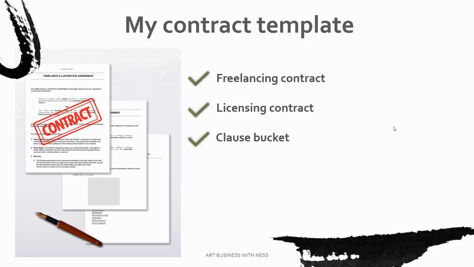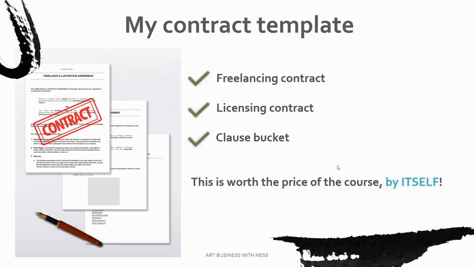It took me quite a while. I did many different iterations because I was trying to find a system where it would cover as many situations as possible. So that's what I came up with, the clause bucket, so that you can adapt it to your needs. And honestly, by itself, this contract template is worth the $197. Because if you were to go to a lawyer, a custom contract would cost you thousands of dollars.